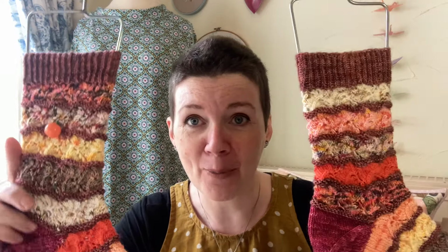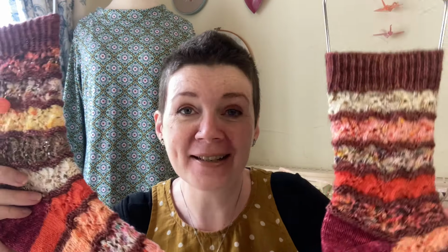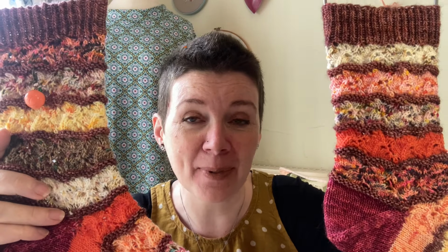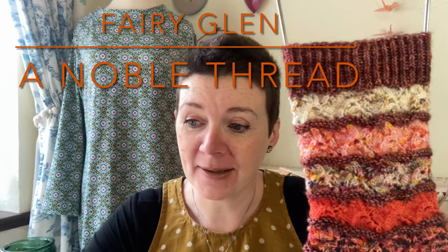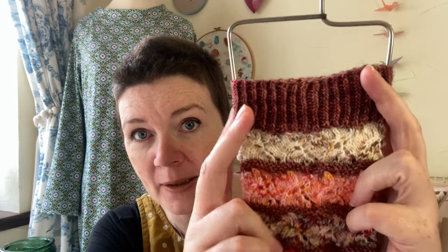Now this isn't a pair of socks I've knit completely in this month because they're quite complex. So I had actually knit one of them last year, about this time last year, and I had got to here, then I put them down and I've knit the rest this month. So these are the Fairy Glen socks by A Noble Thread. It's a free pattern and it's got this lovely lace repeat with some garter bumps in between,